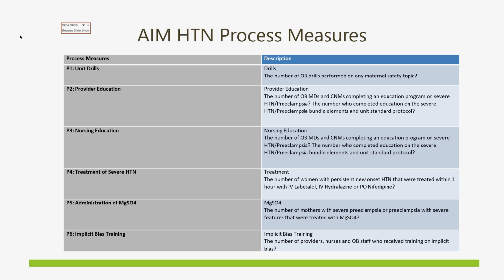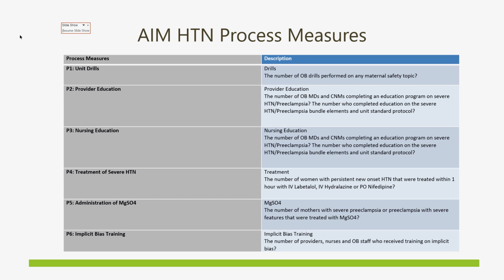So you'll report on the 5 that we just went through, the S1 through S5, and you'll report on P1, 2, 3, and P6 at the end of October, and again at the end of January. So for those first 2 quarters, those will be the 4 process measures that we report on, because we're still in the process of everybody working on developing how your hospital is going to report on P4 and P5.